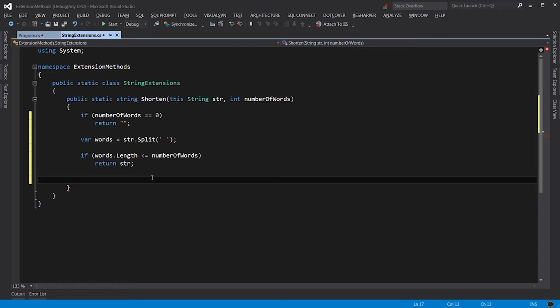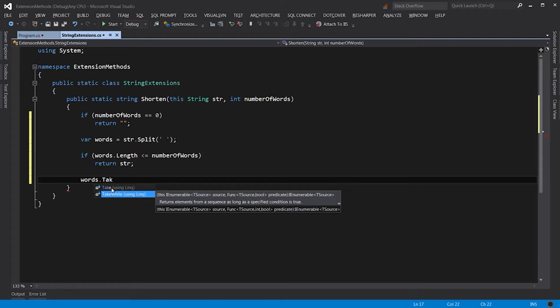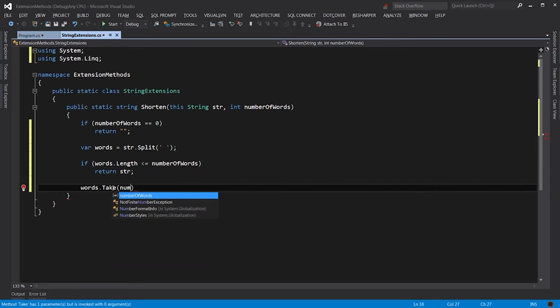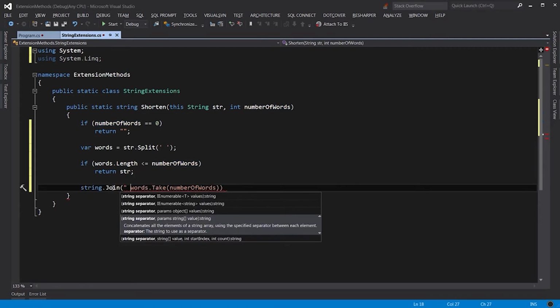But if there are more words, we need to get only the first few words based on the number of words here. So what we can do is we use the Take method. Look, Take here is an extension method. So if you look at words, the type of that is a string array. A string array, which is an array, does not have a method called Take. Later, Microsoft created an extension method called Take that can be applied on any class that implements the IEnumerable interface. In this case, the string array. So we use the Take method here, and I take this number of words, and I will join them with the space character